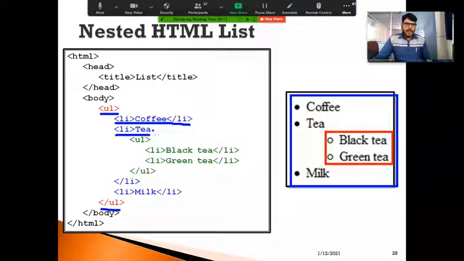But you can observe, I'm not closing the list item here. The list item has been opened here. I'm going to specify the list item here, but I'm not closing the list item immediately here itself. Instead, I'm closing the list item later. And within this, I want to generate a sublist by using a UL tag once again. And I'm going to specify the list items for that particular UL tag like this. And after this, I'm going to close the list item. And again, I want to specify one more list item like this. Okay, so let me quickly do this.